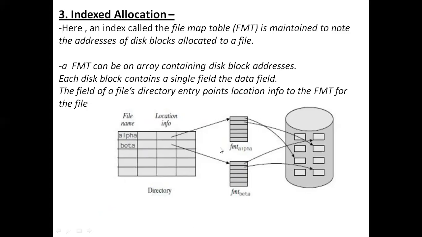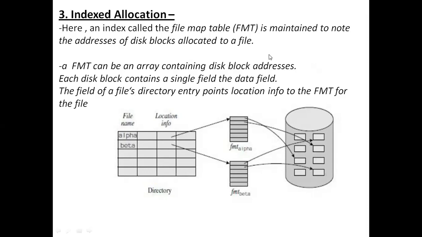Here we use something called an index. Once I say index, you can compare this with the normal book index. For any textbook we have the index as the first page. Using the index, we know at what locations the particular chapters are printed, so you can know the page number and the starting page of each chapter. That makes it easier for us to locate all the chapters and page numbers. Exactly similar to that is index allocation of disk space.